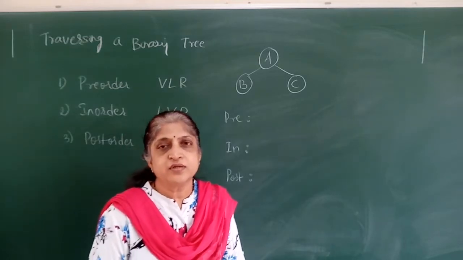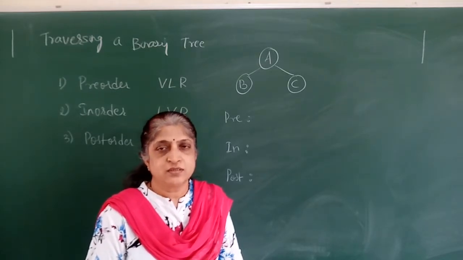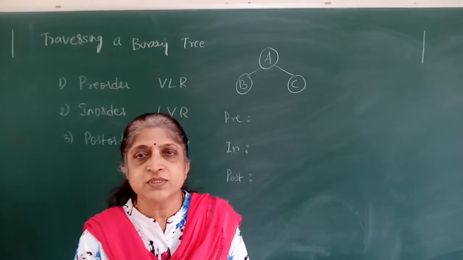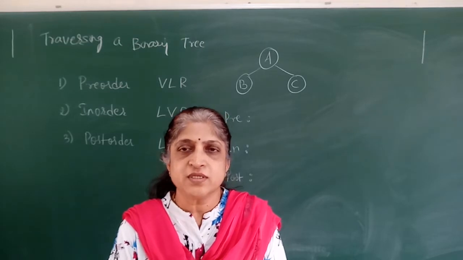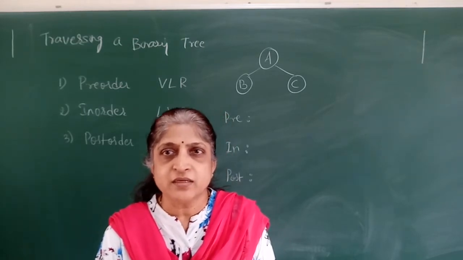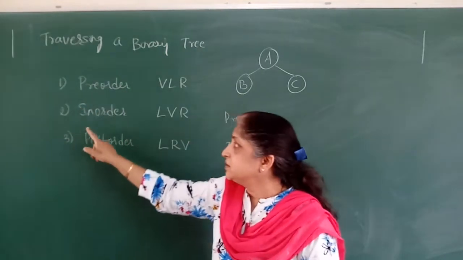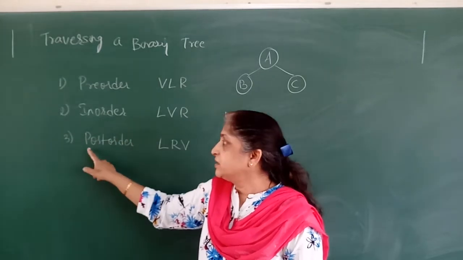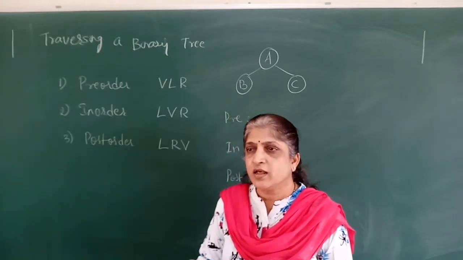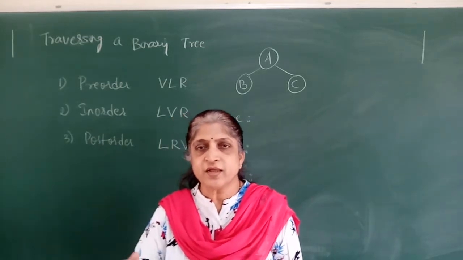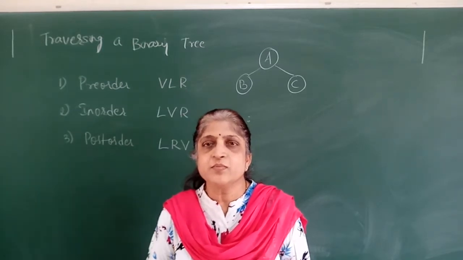For processing the binary tree, we should be able to traverse it. Traversing means visiting every node exactly once. For traversing a binary tree, there are basically three different methods. One is called the pre-order traversal method, the other one is the in-order traversal method, and the third is the post-order traversal method. Using any one of these we may traverse based on our requirement. And once we traverse, we get a linear list of nodes which we can process.